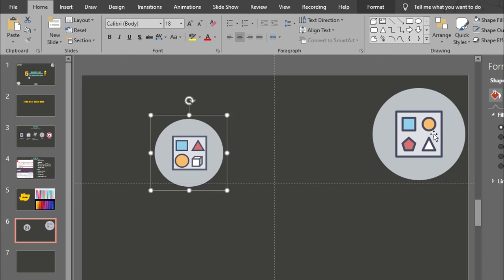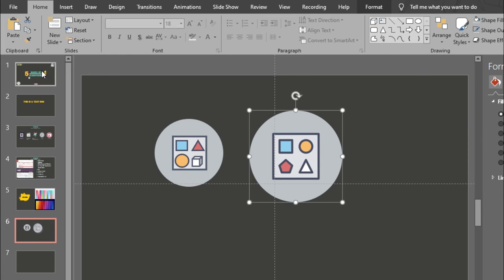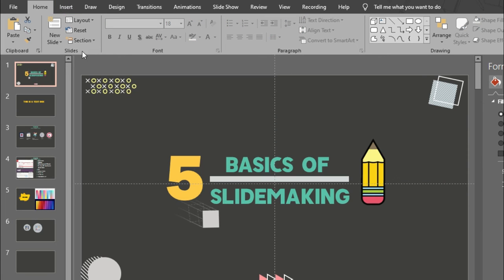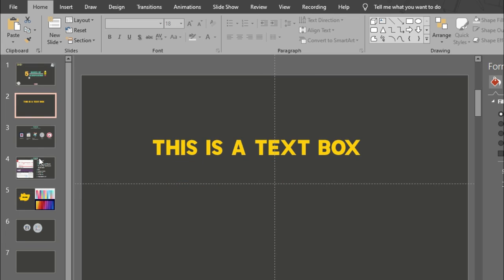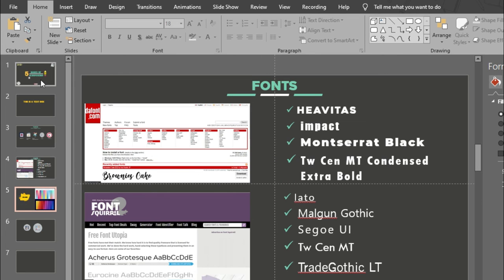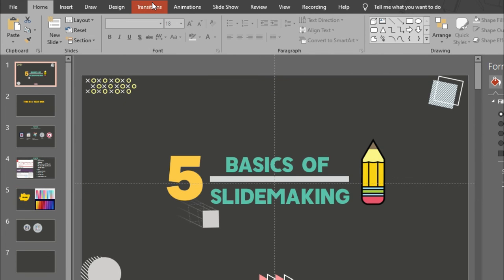So let's see the transitions. To have a transition, you have to have some slides in your presentation file. So we have these slides in our presentation file. Let's apply transition effects to this slide. Go to Transitions.